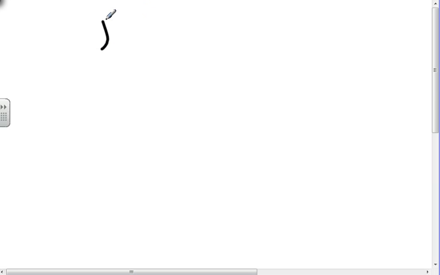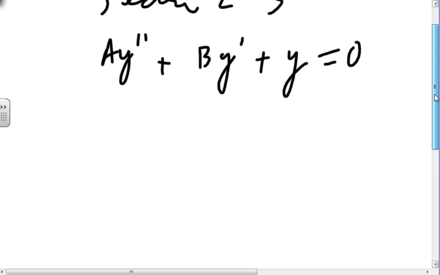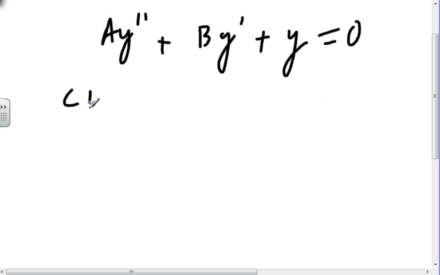All right, so we're in section 2-3 of the differential equation book, and we're going to have some differential equation. It doesn't necessarily have to be second order. It could be third order or fourth order or first order, and these methods still work. It's going to have a characteristic equation. That characteristic equation is going to be something where we keep the constants and replace the derivative guys with